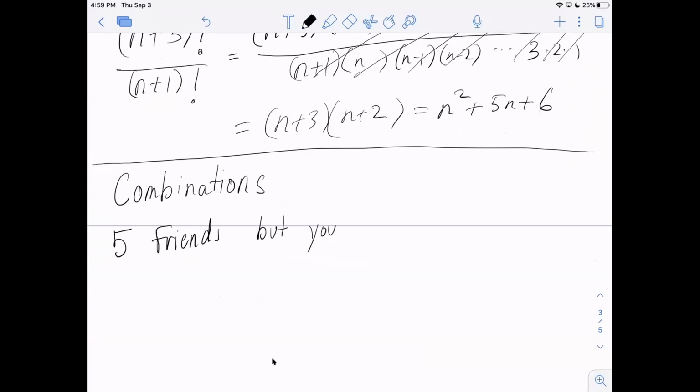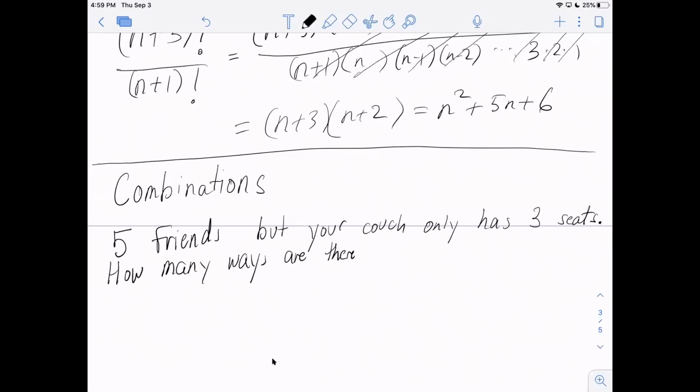You have your own chair, but your couch only has 3 seats. How many ways are there to pick 3 friends to watch